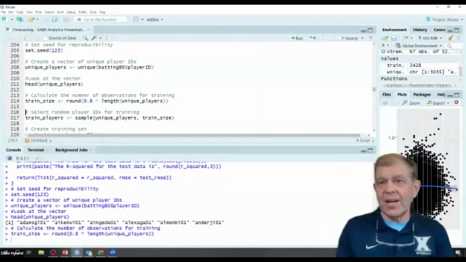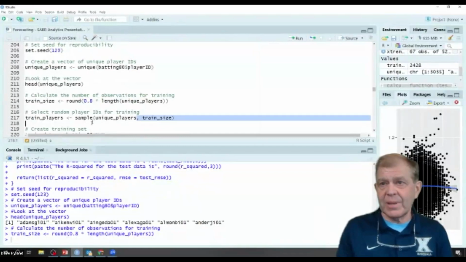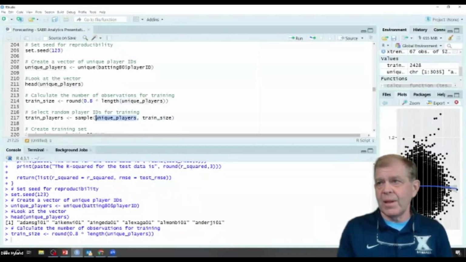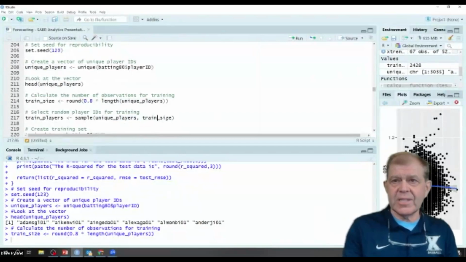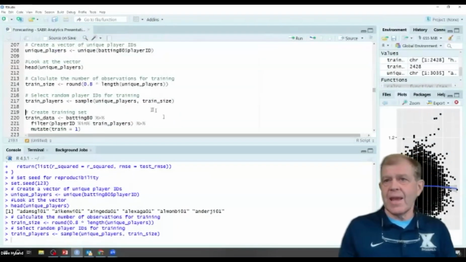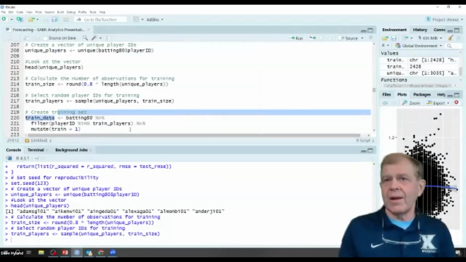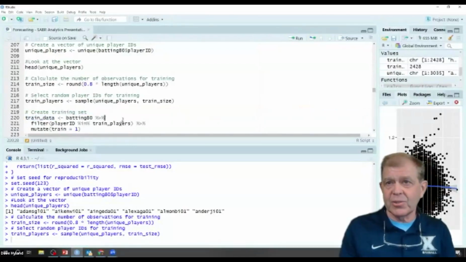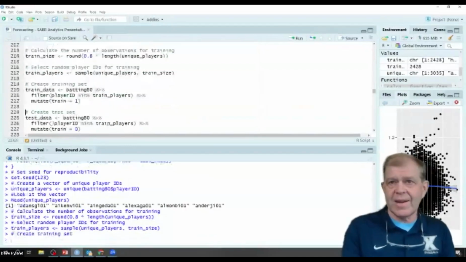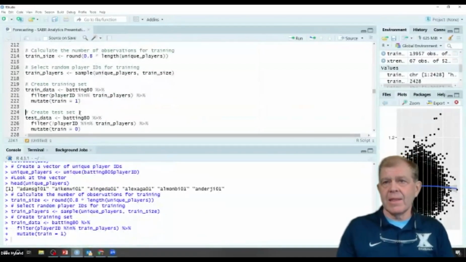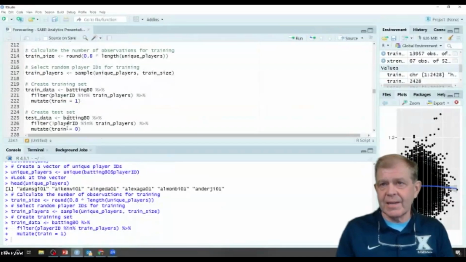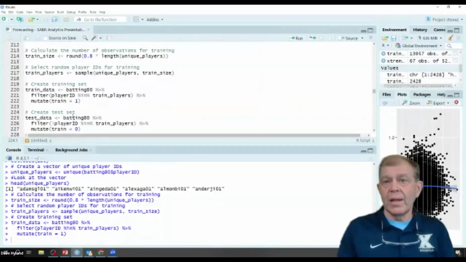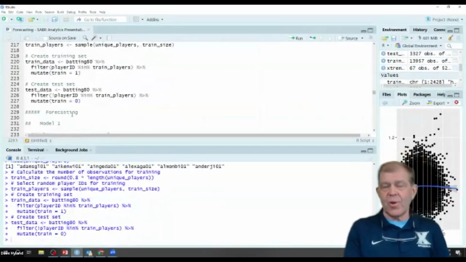The sample function will take our vector of players and pull 2,428 out of that for our training data. So these are our training players, and we'll filter our data set just for the players we've chosen in our training data. The players not in trained players will create the test data.